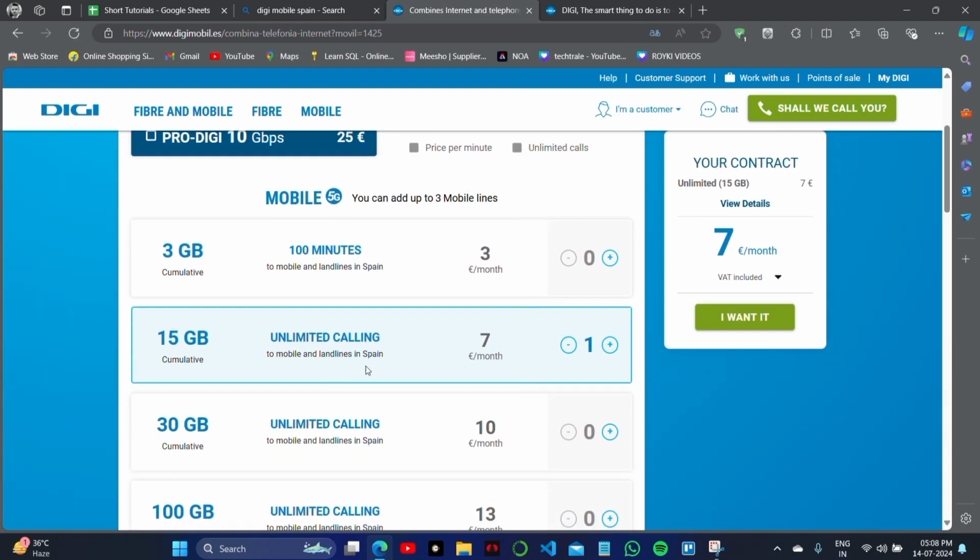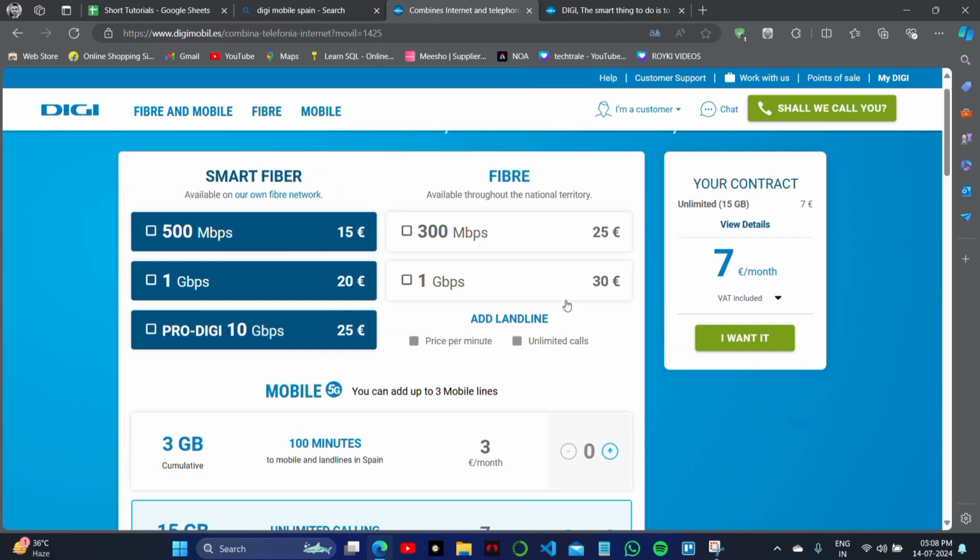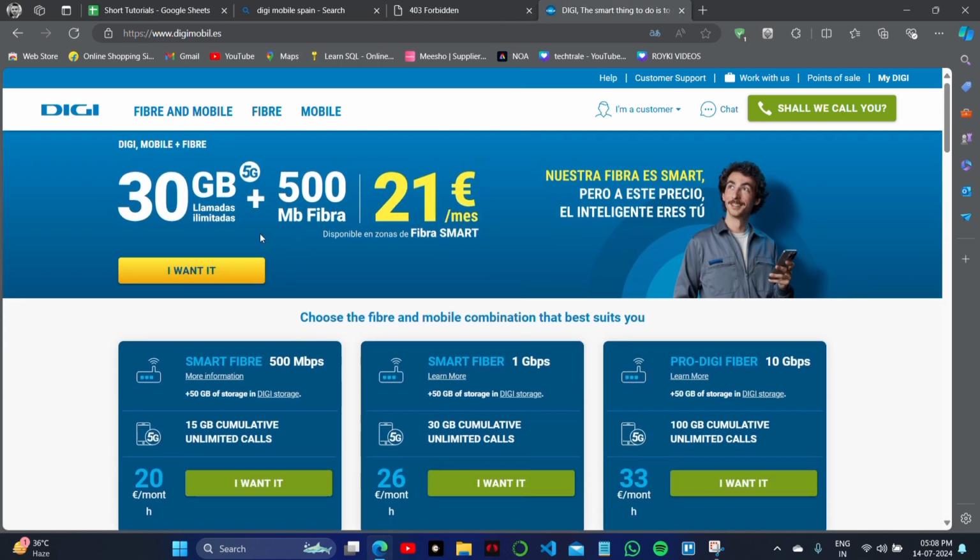And then here you have to choose the internet connection or how much internet you need. You can set it all up, and you can pay from this, and then your Digi Mobil internet will be